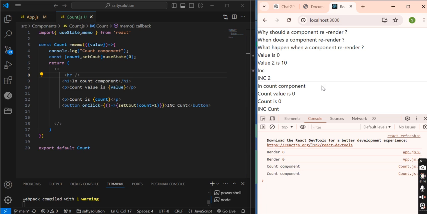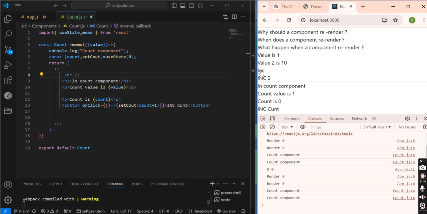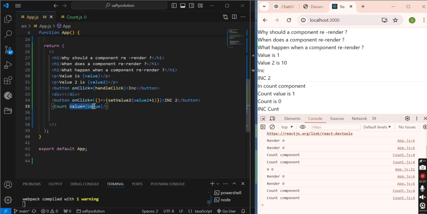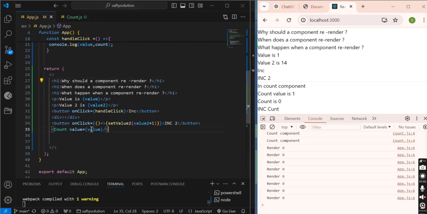Let me rephrase it. See here, when I increase this, the parent component re-renders, and it checks whether this prop changes. Yes, its prop changes, so this child component also re-renders. When I click on value2, the parent component re-renders, but its prop does not change, that's why the child component is not re-rendering. Now here I am increasing from the component itself.